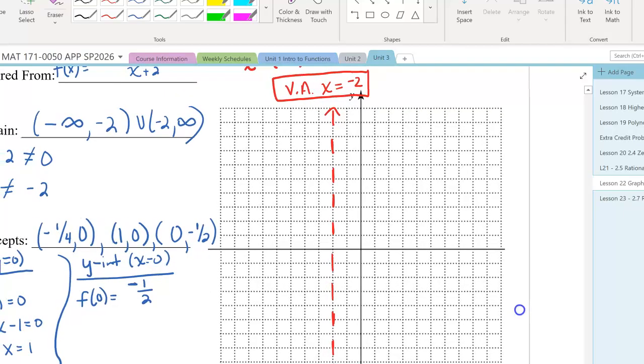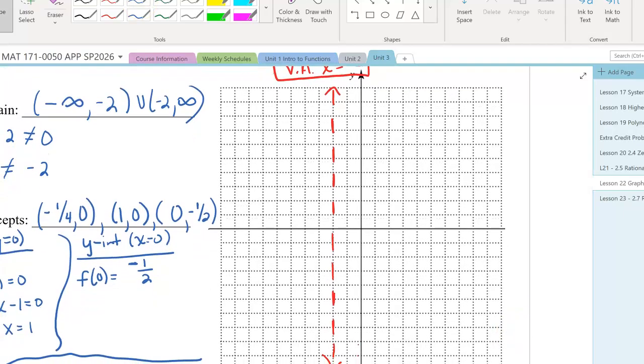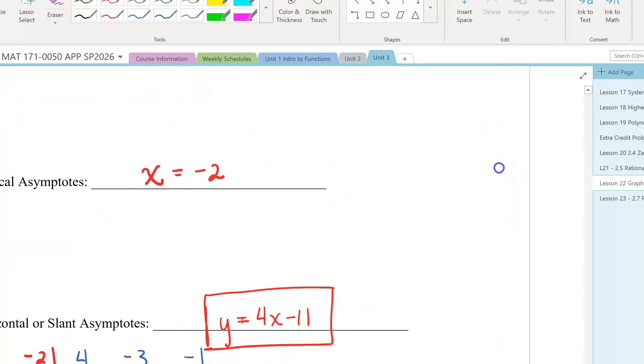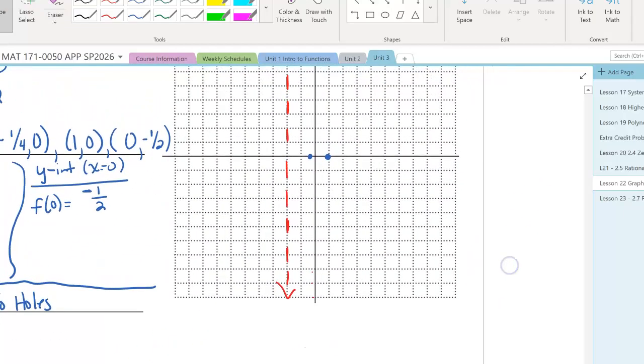I also have 3 points that I can graph, so I'm going to switch to blue because those are a part of the graph. So I have -1/4, 0, which is about here. I have 1, 0, which is about here. And then because my slant asymptote is y equals 4x minus 11, and I graphed this one before I actually created the video, I know I'm going to make my